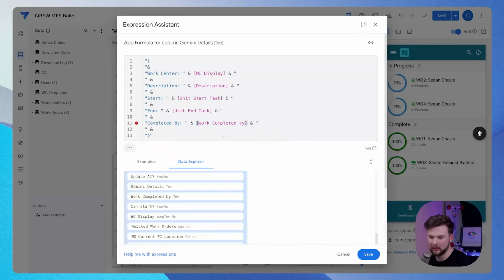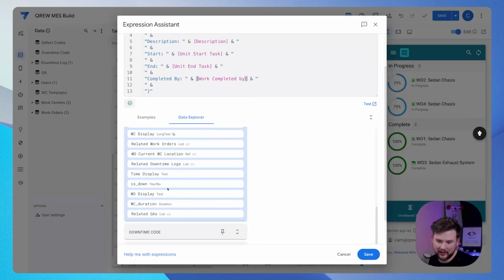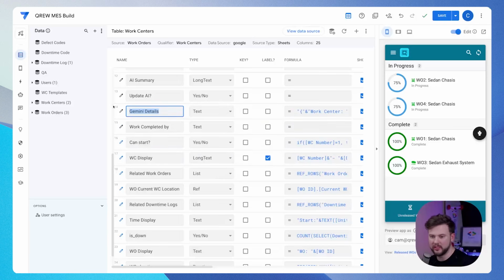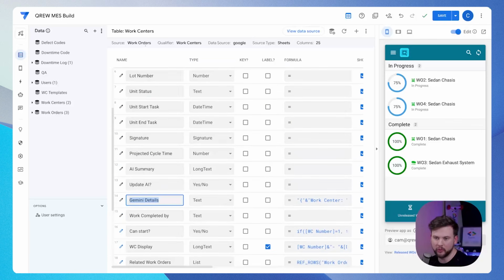Completed by. There we go. I think that is probably all we need for this. Let's go ahead and hit save. Now that we have these Gemini details for the work centers, we can go back to work orders